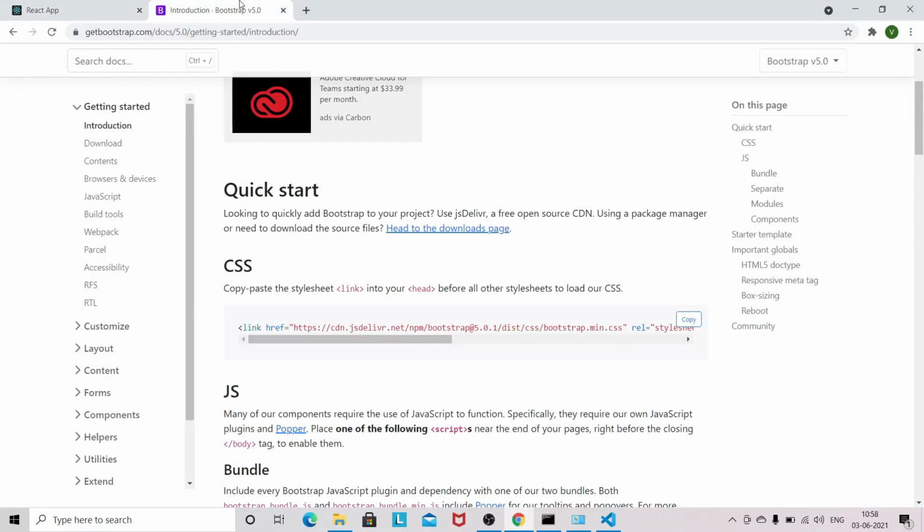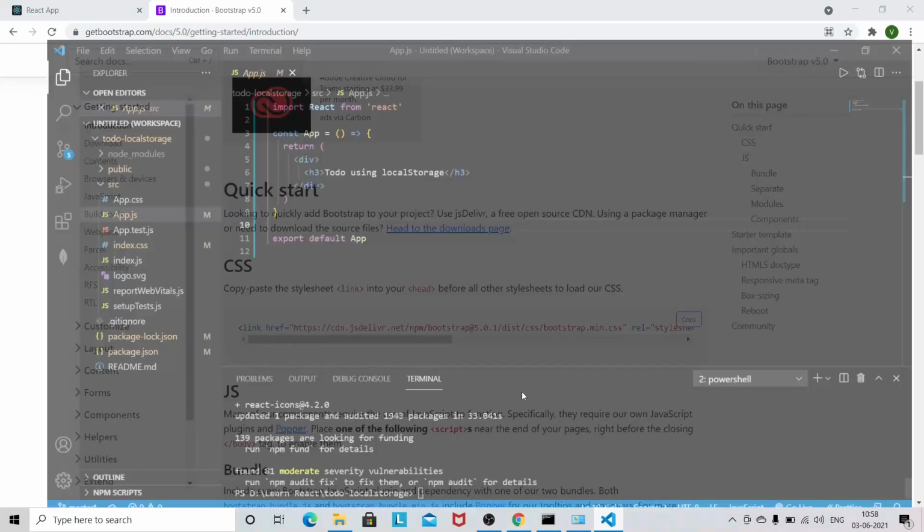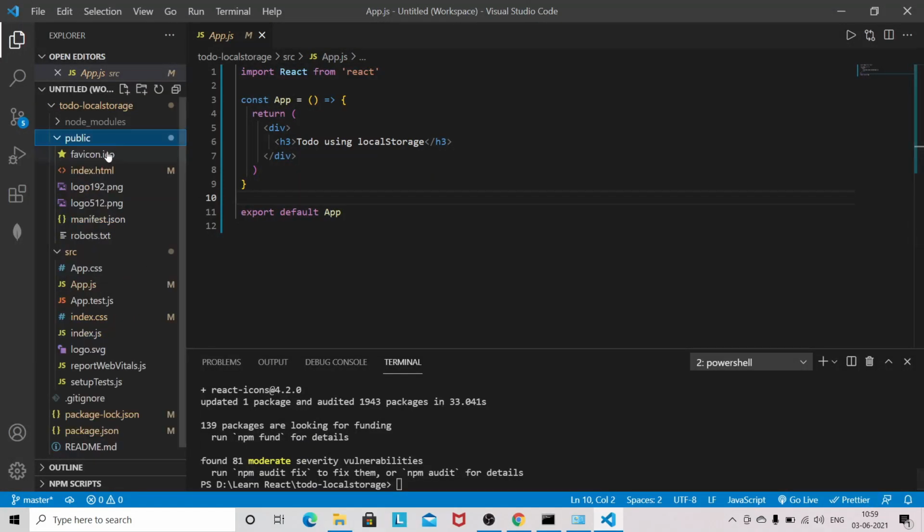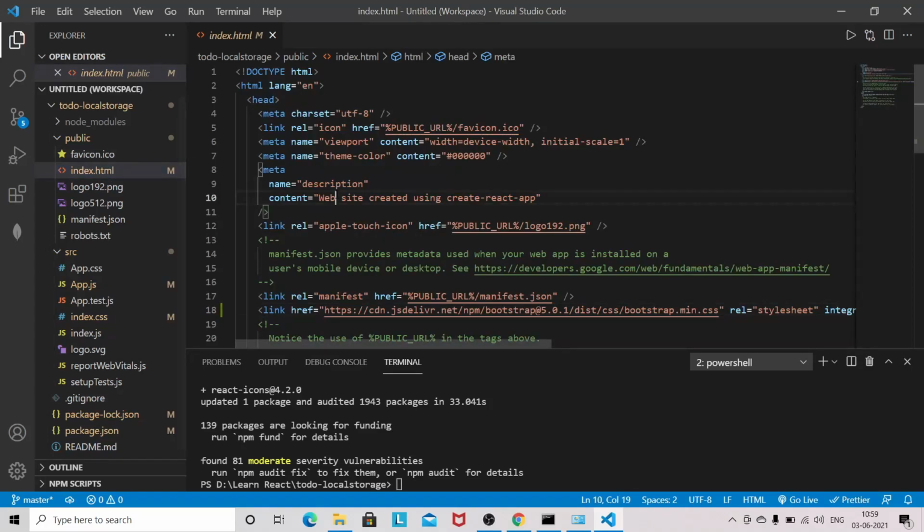You have to go to this link and copy this CSS file, then come over into public and paste it there. I have already pasted it.